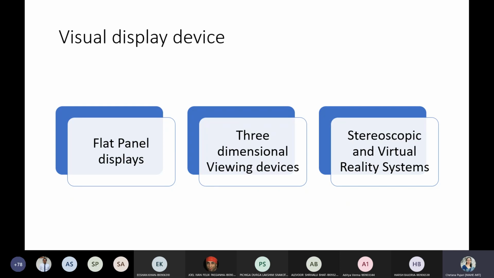You can explore more on that because we are not going in depth about it. That's why I told you to explore, because this is what you are actually using in the real world. The flat panel system is also used in our tablets and other things because they don't need that much heavy hardware to display your screen. So that technology is comparatively compact compared to the previous technology we were using for displaying.